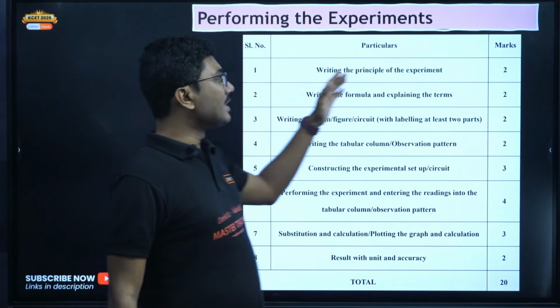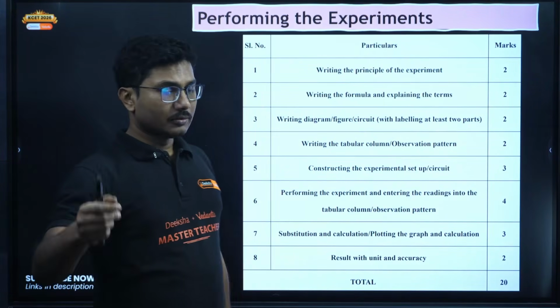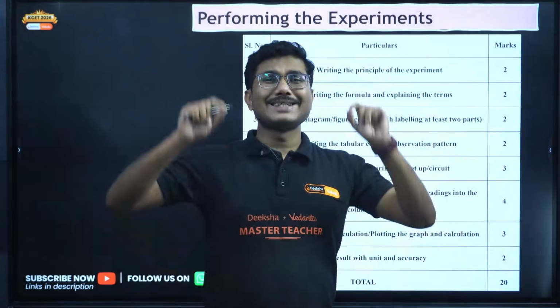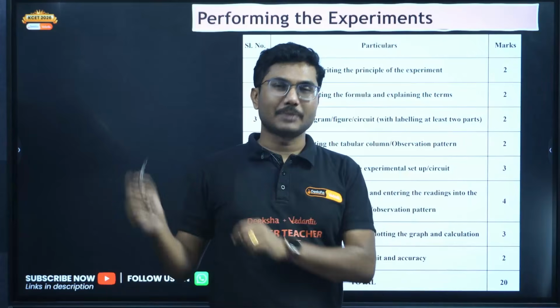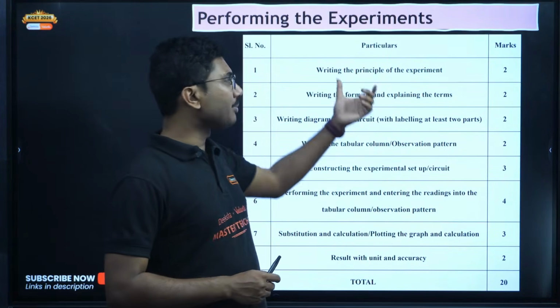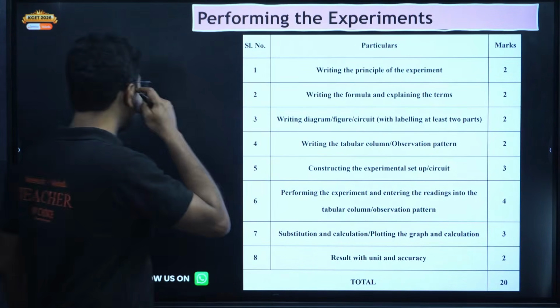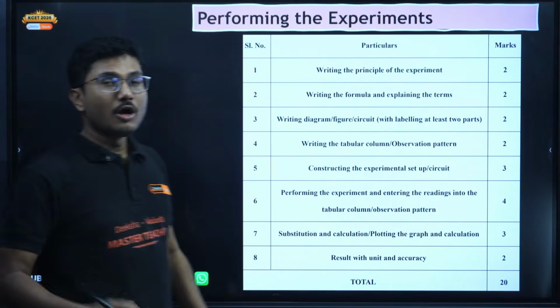So writing the principle of the experiment. So suppose you have the experiment of figure of merit of a galvanometer. So what is the exact principle behind the experiment? So there is a principle behind each and every experiment. You have to mention the principle of the experiment. For that you will get marks. So first, when you are starting in the exam hall,